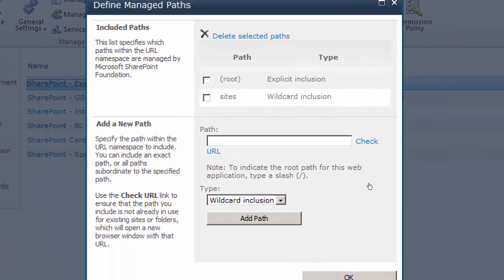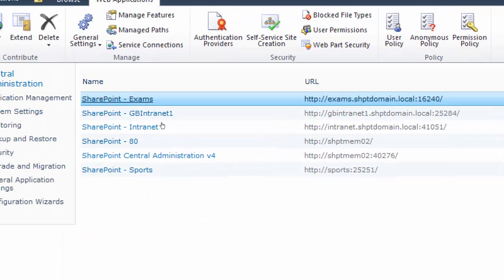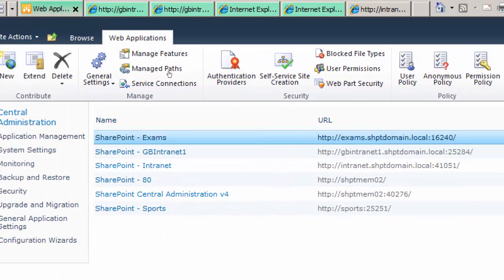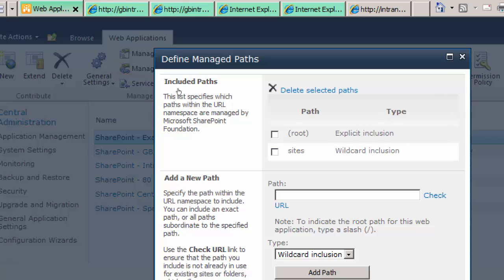And managed paths was all about that: do you want to just create one site and never expand it, or do you want to create sites and then subsites of those sites and go on? So I'm just going to type here "main". I have selected the newly created web application, and then I went to managed paths for